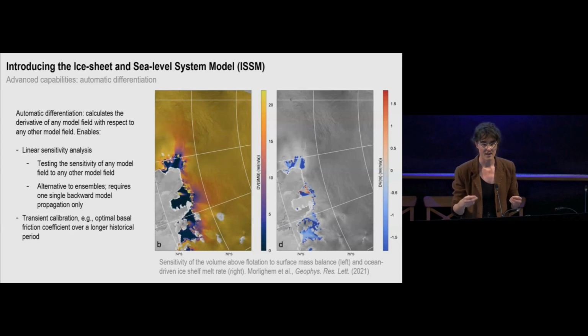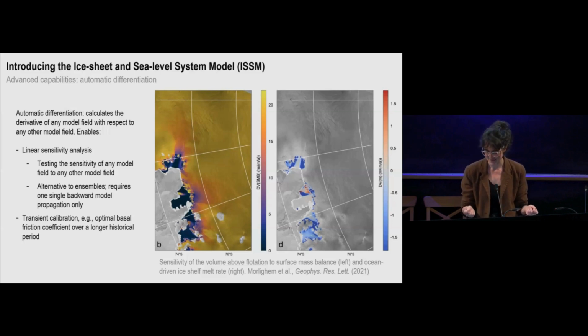So basically what this is saying is, for 1 unit change in basal melting, what does that do to our volume above flotation? And you can see that in the shear margins of Pine Island Glacier, which is this glacier here, when melt is concentrated in those regions, the ice sheet is going to respond much more sensitively. So this is a really excellent way to approach it, although it is linear, so we're not going to capture